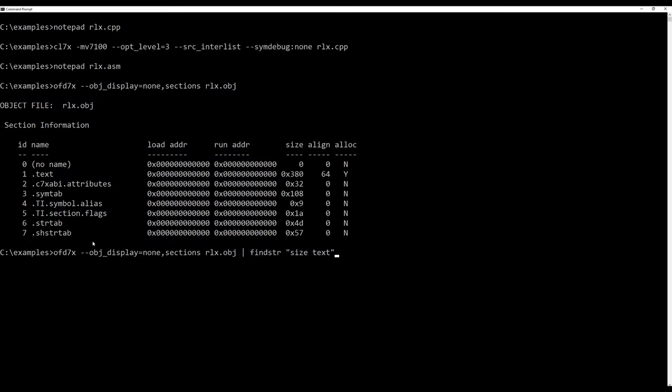So this command runs all that through the find string command, which only shows you the lines that have the word size or text on them, and there's one of each. So let's run this command and you'll see what I'm talking about. We'll come back to this later. All I'm establishing right now is that the code size of this function is hex 380 bytes.